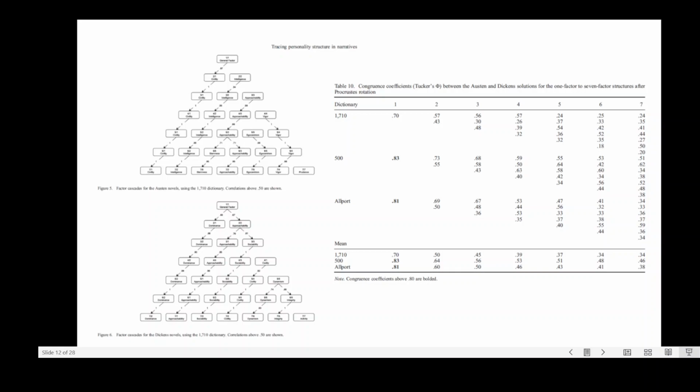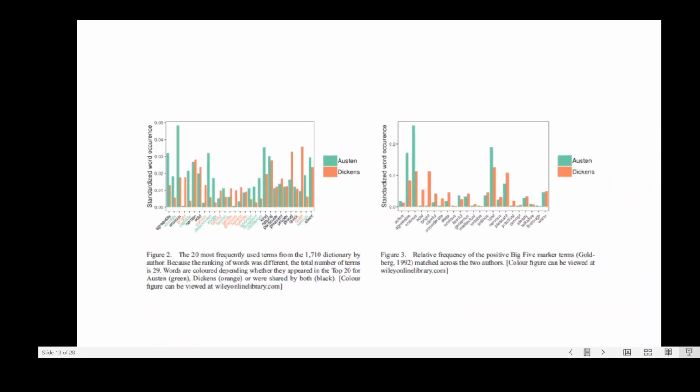And another interesting part is some of these effects, even though none of them reach modern thresholds that we would use to say they're identical, there seem to be some interesting dictionary effects as well. At the same time, though, by looking at the most frequent terms that either author is using, we can identify nuances in the personality descriptions by both authors.